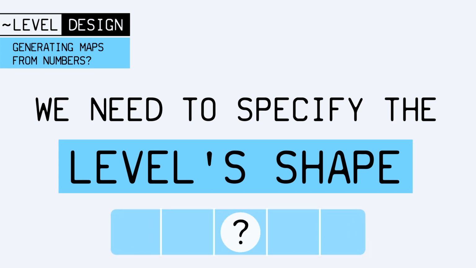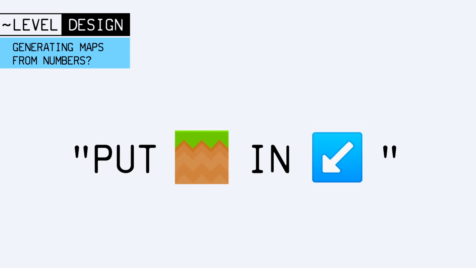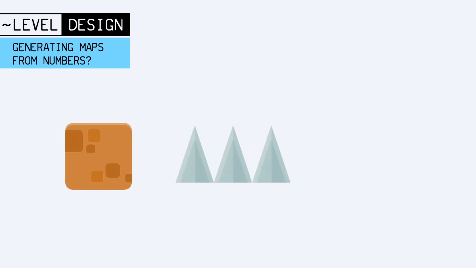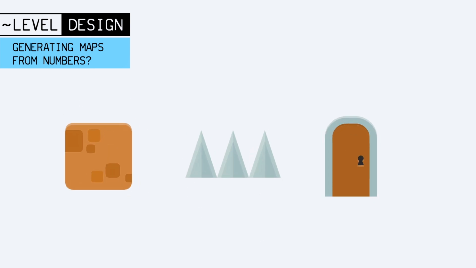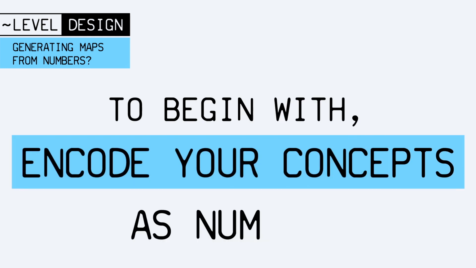The problem, however, is that even something as obvious to us as "put a grass tile in the bottom left corner" is complete gibberish for a computer, because computers only understand numbers. They don't have the notion of a wall, a spike, or a door like we do. So whenever you work hand in hand with the machine, and typically for level creation, be it procedural or not, the first step is usually to encode your concepts in some way so that they can be fed as numbers